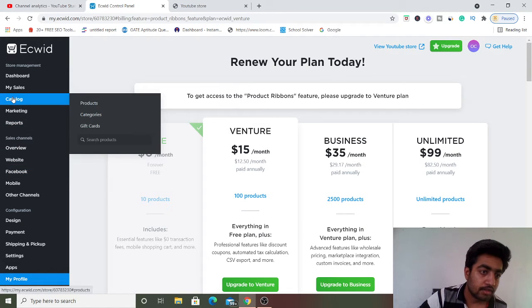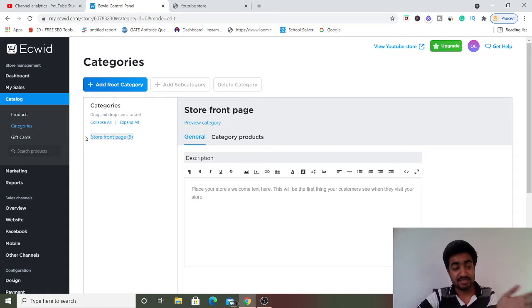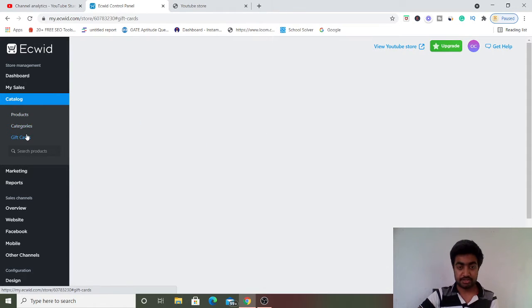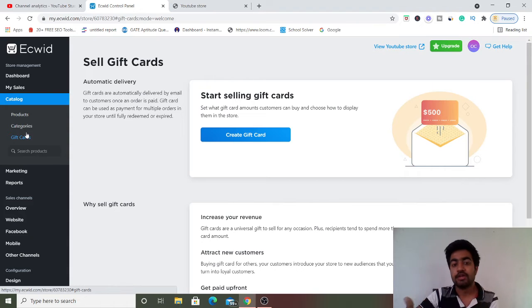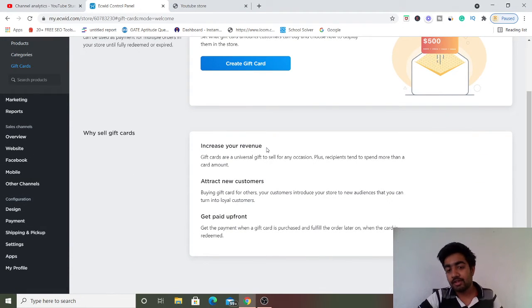With this. Next, if you visit product categories, you can go here. You can put some kind of categories like clothing and accessories and all this stuff. By the way, in the free plan you can just add 10 products, right? I mentioned that again, but you have some kind of advantages here, add-ons. You can add a gift, you can give them gift cards, right? So you can increase your purchase revenue, right? By the way, if you have an Instagram influencer channel or something like that, and you have a YouTube channel, you just have to put the link of this website for free, then this works perfectly for you, right?